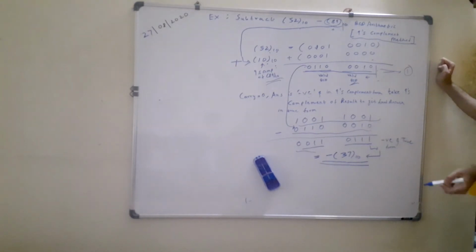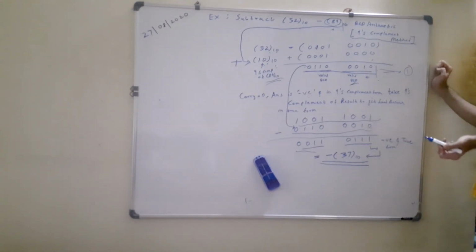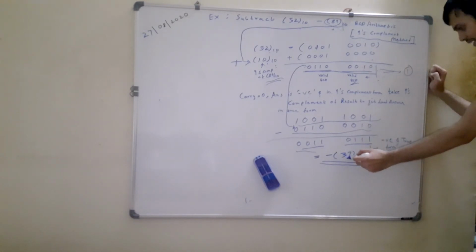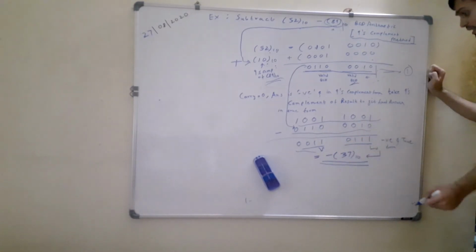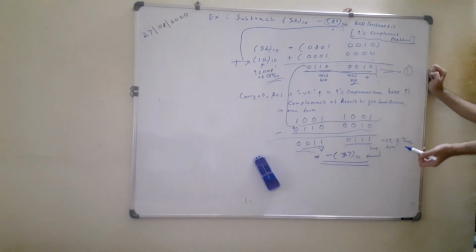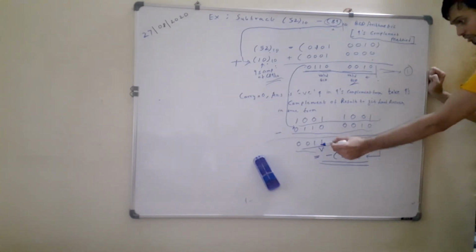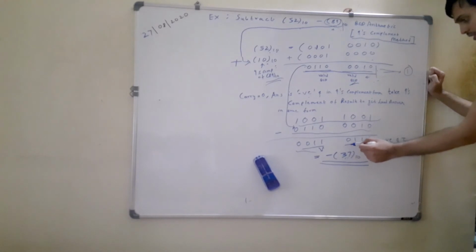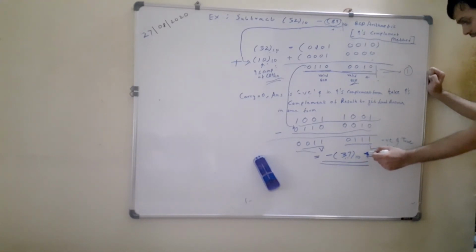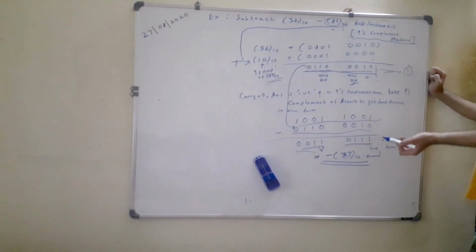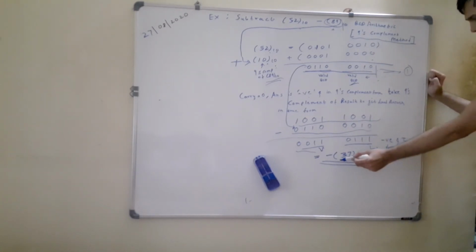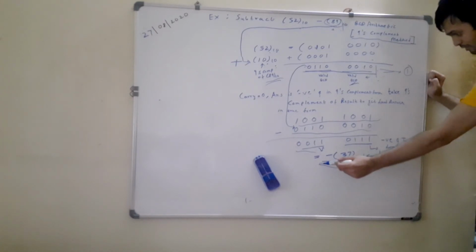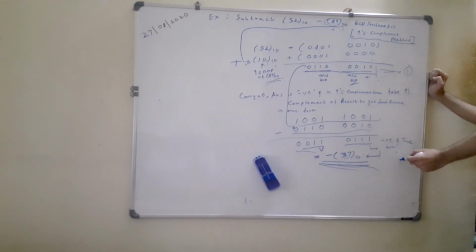But as we discussed earlier, that answer is negative because no carry is generated as per 9's complement arithmetic. So we put a minus sign over here, and what is its equivalent BCD decimal representation after performing 9's complement of the earlier result? That is 0011 stands for 3, 0111 stands for 7. So this is the answer in true form after taking 9's complement of the addition result. So this is your final answer, which is negative but in true form, that is minus 37 in decimal number system.